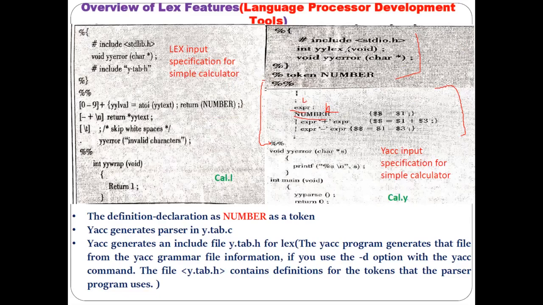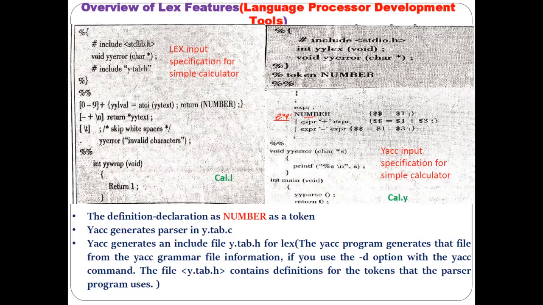Then you can see next what is written. Okay. It should have been written like this, but you need to understand this. It should have been written like this here: exp as a number. Okay. So this is your left hand side. This is your right hand side. Understood? Expression as a number, or you can see here a bar, the meaning of that is or.